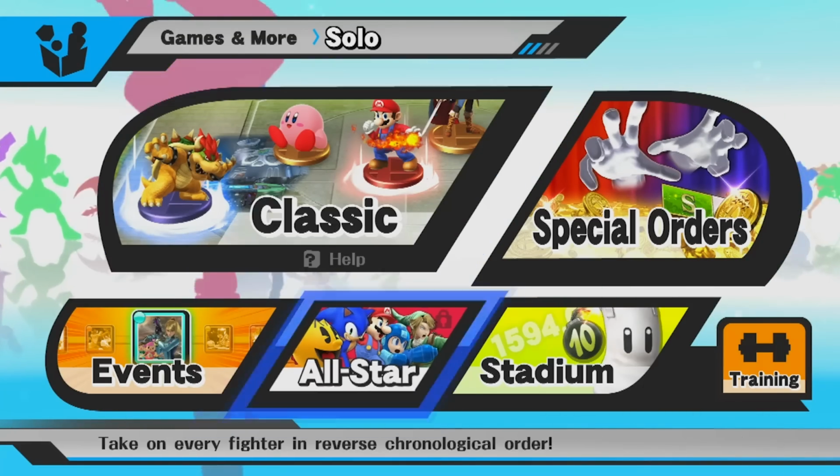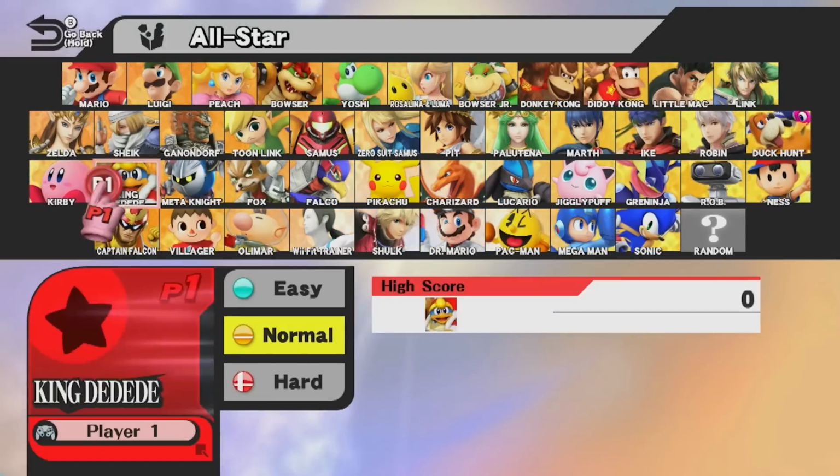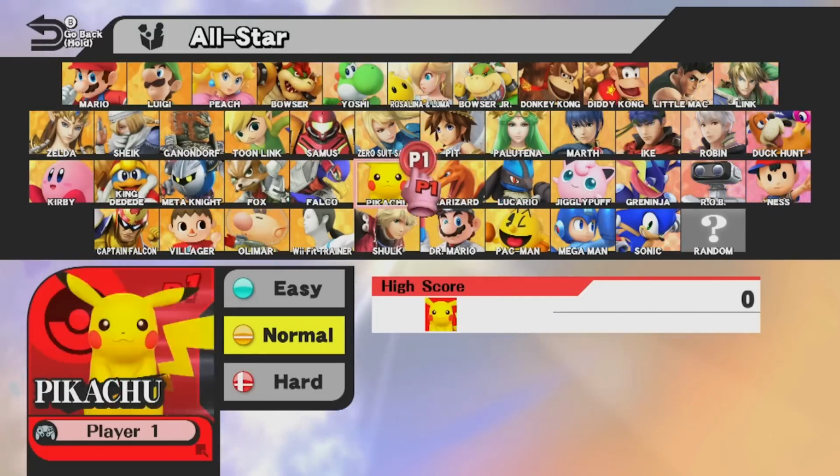For Wii U. Today we're unlocking a new secret character by completing All-Star Mode. Now you guys suggested we play a Smash newcomer, the Clown Prince of the Koopa, it's...